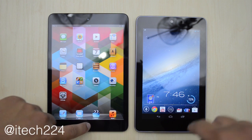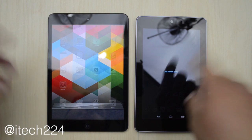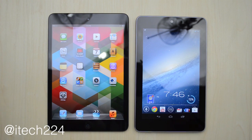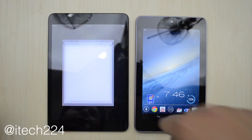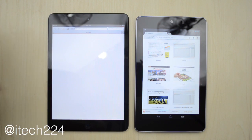So as you can see, both of these are not running any applications in the background, so that's to show you that it is fair. So we'll go ahead and go into Safari and Chrome. And also I know you can download different browsers for each of these platforms, but I'm going to use the default ones that ship with the device just to make it a little bit fair because that's what consumers are